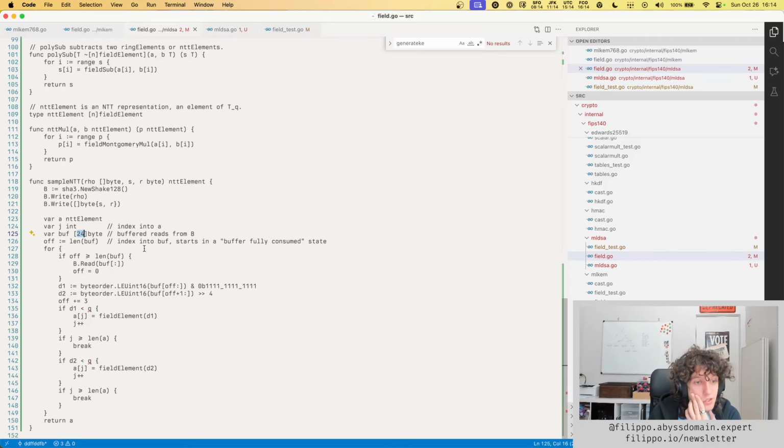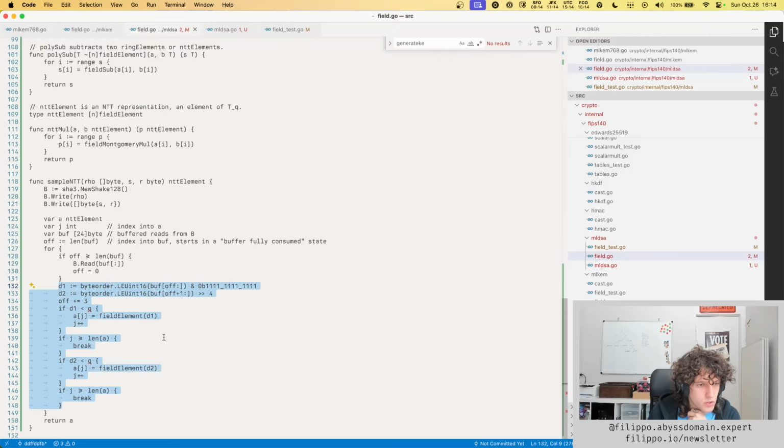So the offset starts at consumed. If the offset is consumed, then we read a new buffer. Okay, and then this is the actual, yep,